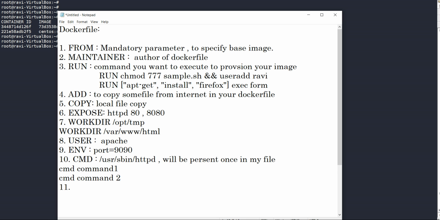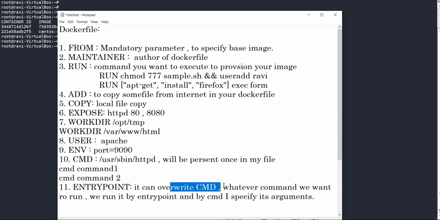Okay. Then I have ENTRYPOINT. ENTRYPOINT is also like CMD. It will run when your container boots, but there is one difference: ENTRYPOINT can override CMD.